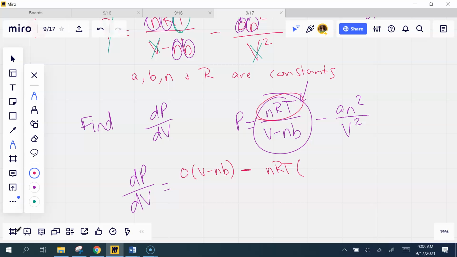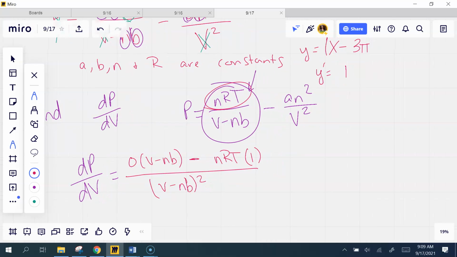The derivative of the bottom is 1. Why would it be 1? If this were x minus constants, like 3 pi, the derivative would just be 1. Are y'all with me? All over the bottom